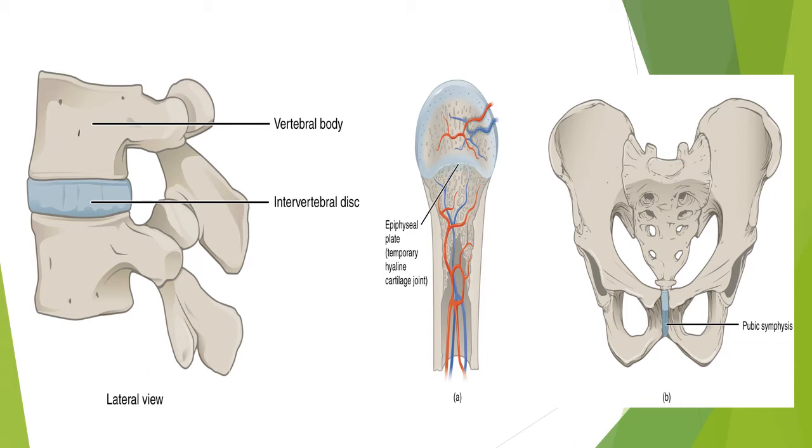Okay, and as you see in the B part, pubis symphysis is basically again a cartilaginous joint which is located between the left and the right pubis bone near the midline of the body. Most specifically, you can see it is located above your genitalia and in front of your bladder.